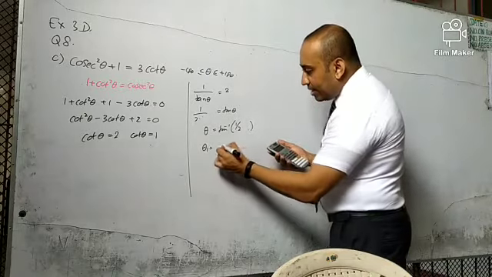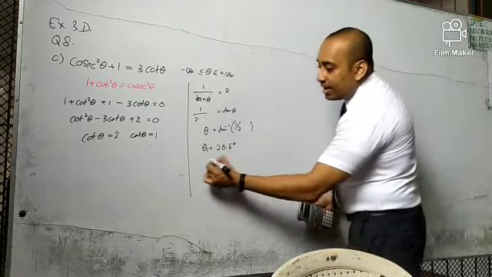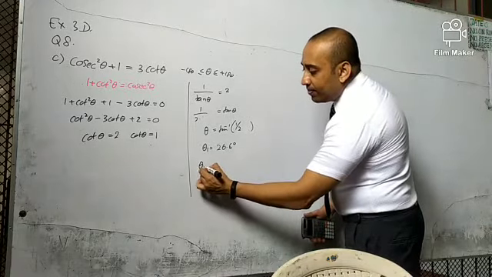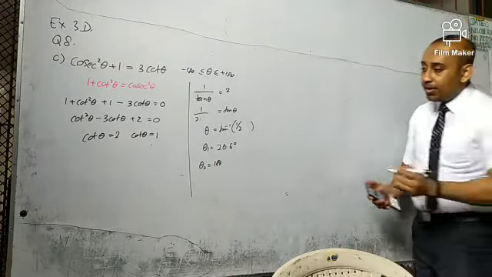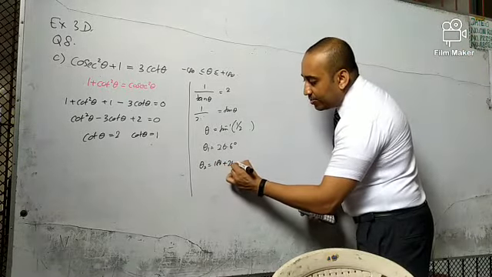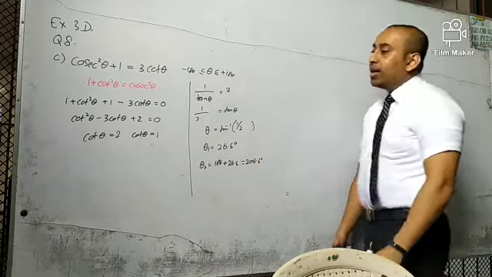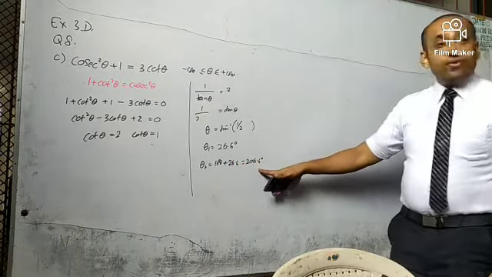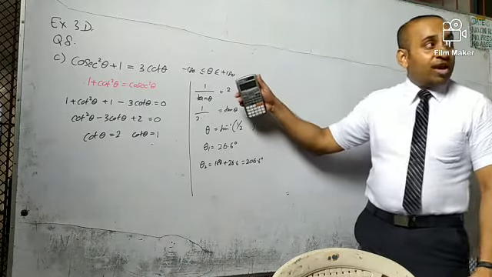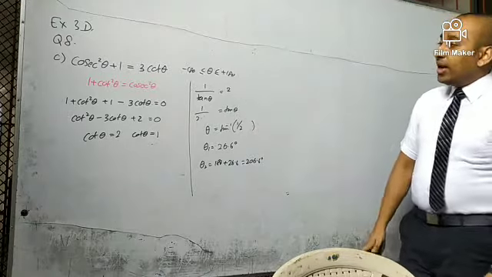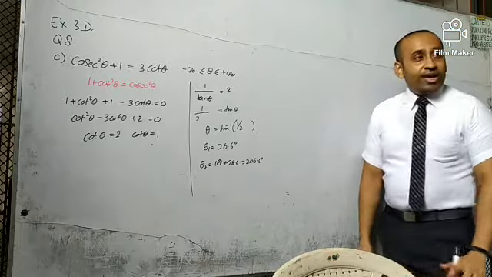The first angle is 26.6. Then how do you get the second angle? The second angle would be 180 plus theta, because this is tan. 180 plus 26.6 is 206.6. Then you can see that this one is out of range, because the maximum value here is 180. Then there's a negative range as well. Therefore, how do you find the negative angles for that?